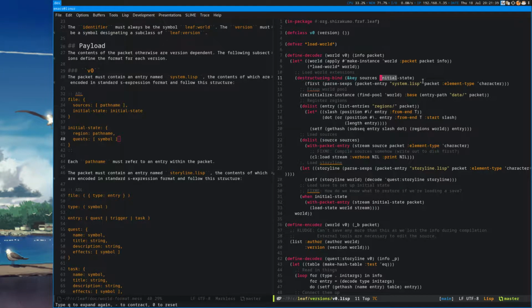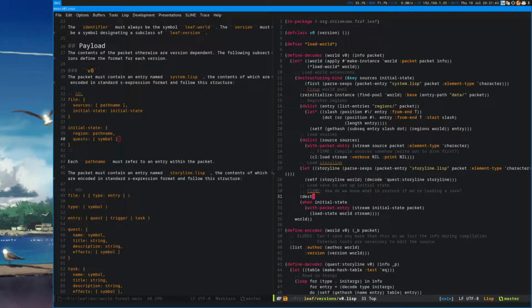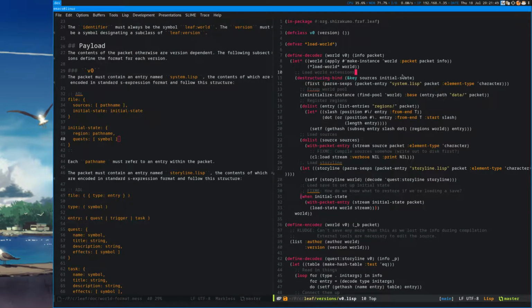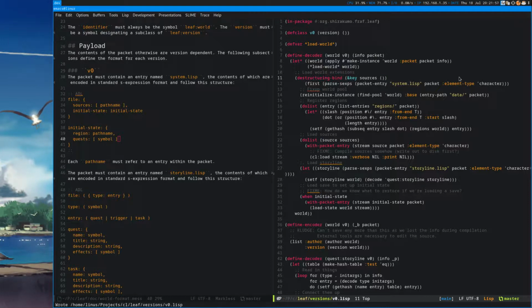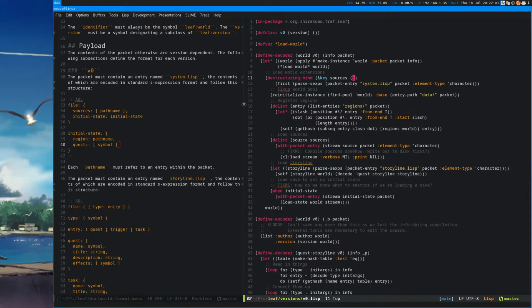Okay, so... you can actually, if you didn't know about this, destructure recursively in a destructuring bind, and also in ordinary lambda lists, I believe.